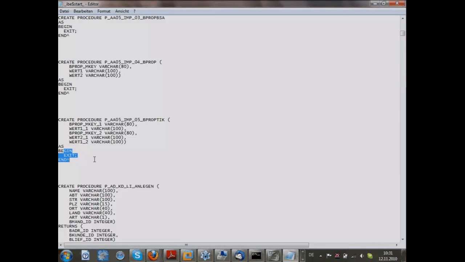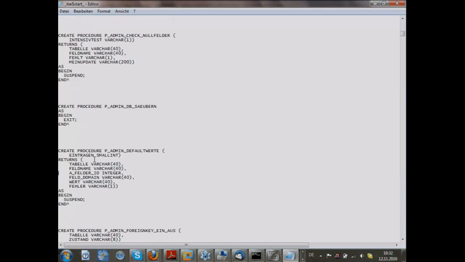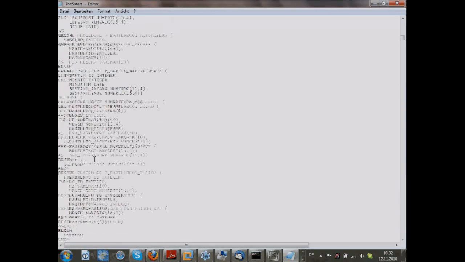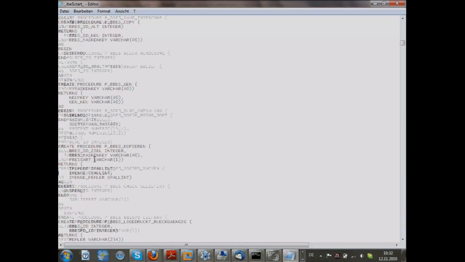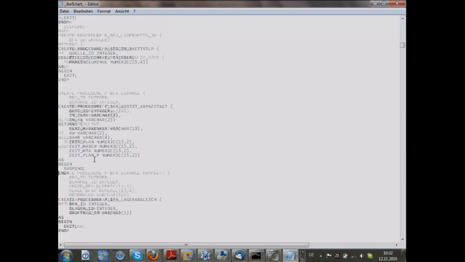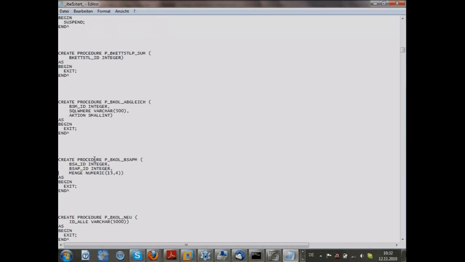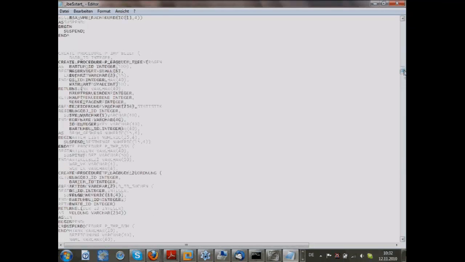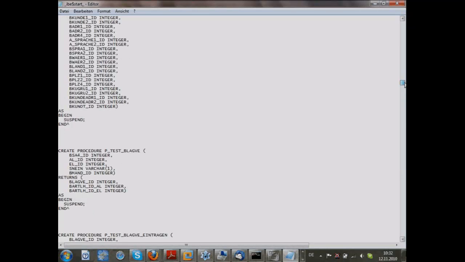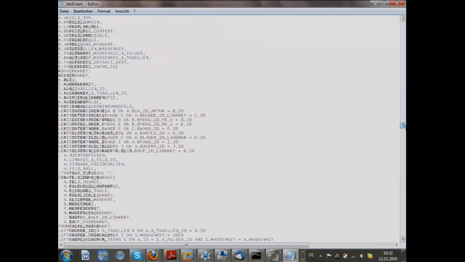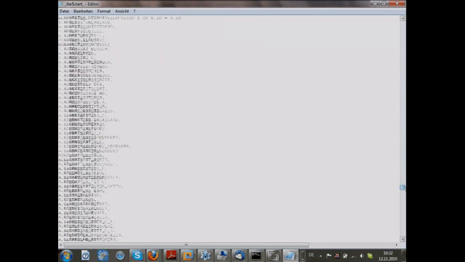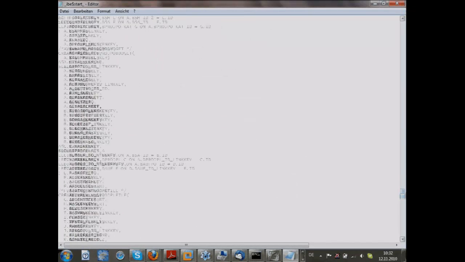You simply have to start with an empty source code to not have reference problems, because you have to use a specific sequence to create all the procedures. It takes some time to have all procedures created. You see a lot of procedures.